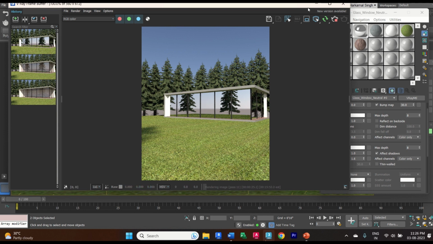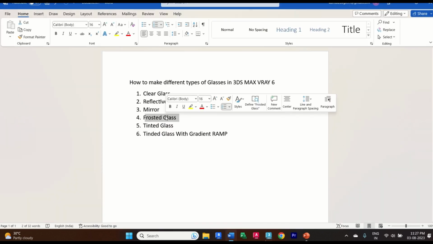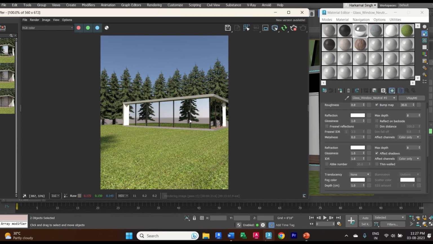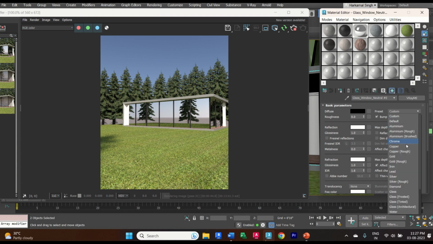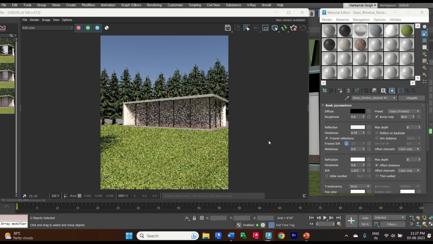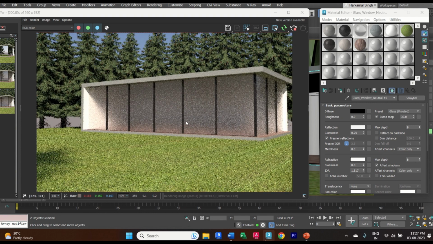Now the next thing is, we have to create the frosted glass. Going back to the software, the only thing you need to do is see this preset setting on your button, click on this, and select frosted. Once you select this one, this glass is frosted. You will be able to see this very clearly when you execute the final render of the material. This is not the final render, but you can see